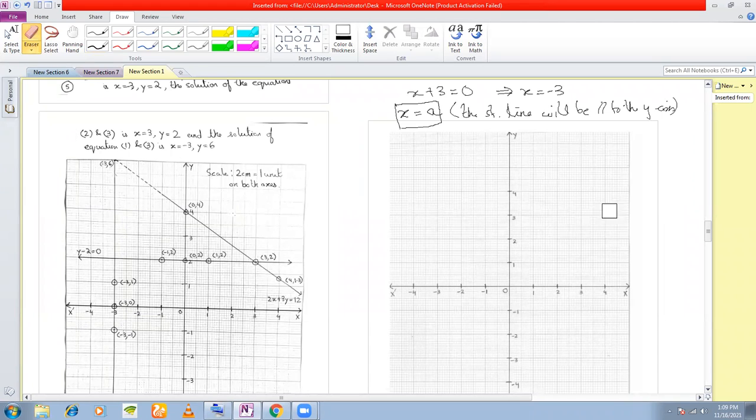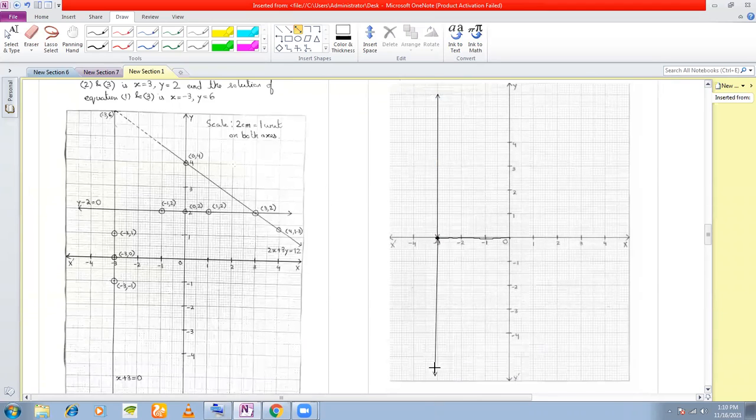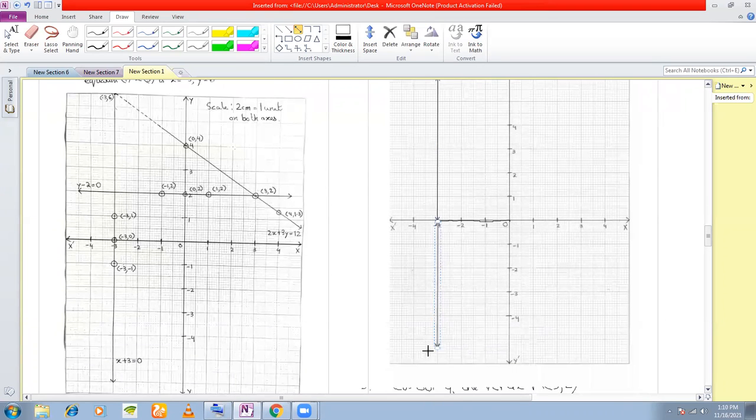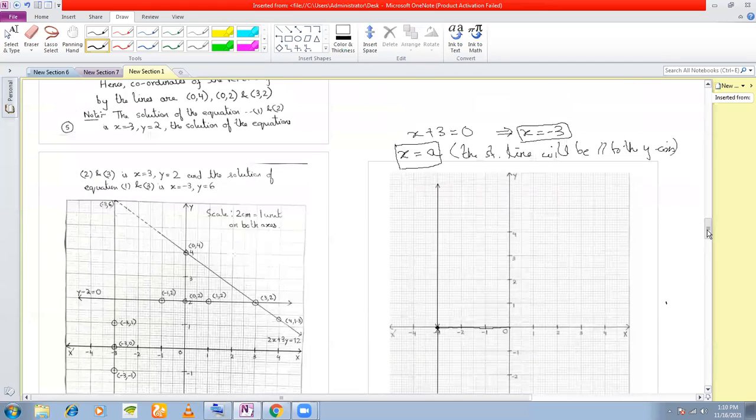Here we are going to use this value of x. X is equal to -3 that we have got here. Now x is equal to -3 means from the origin you move 3 units in the negative direction. Where do you land up? Here. So now from here you are going to draw a line that is parallel to the y-axis. So without even plotting the points, you are able to draw the straight line. Am I clear? Can I give you one question here?